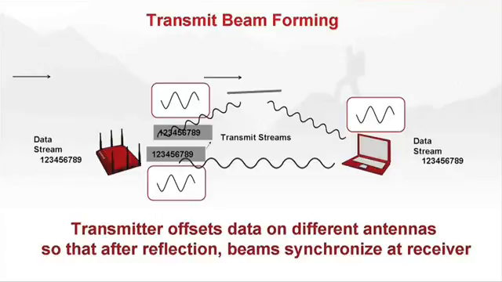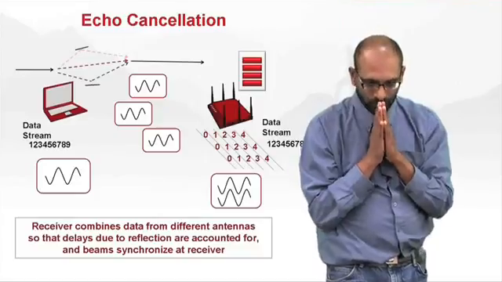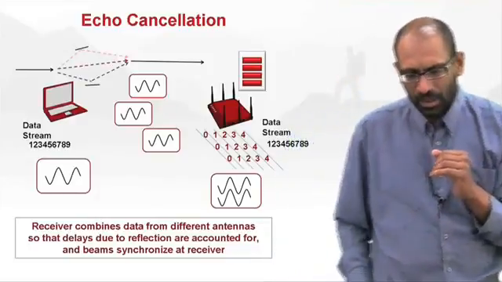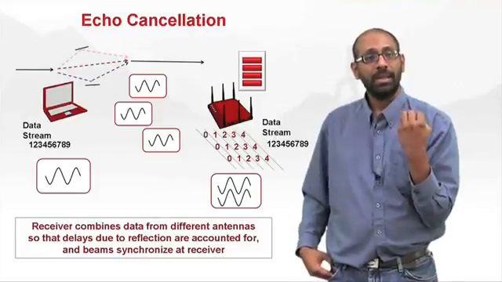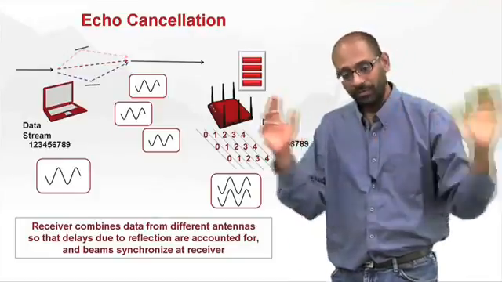But the top level point is you use multiple antennas in order to make sure that you phase them right so that energy gets directed. It's essentially like pointing beams, right? You point like pointing light beams. So rather than just spray light beams, you point them towards the receiver. That's the second concept. The third concept is really one of how a receiver gets signals that bounce off walls,